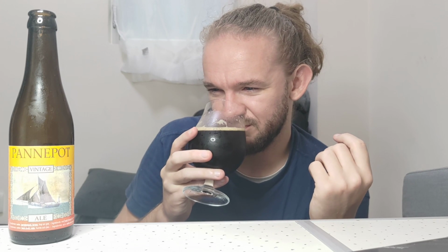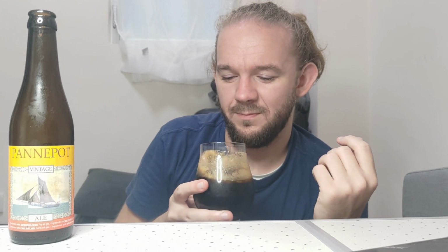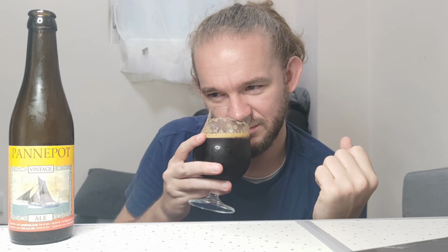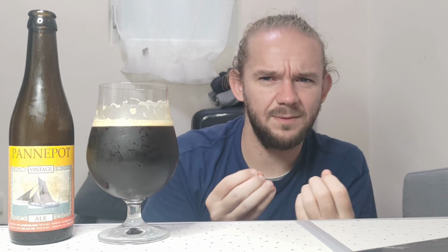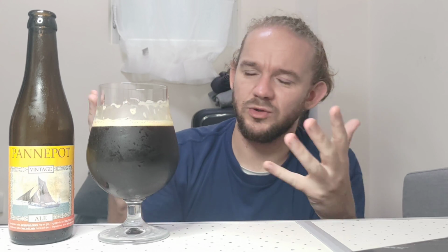So, yeah, for me, the aroma of this beer, when I think about the other beers that I've had in this particular category, it's a mix of cake and bread. It's very smooth, actually. So let's just break this down and describe it for you a bit more in depth,